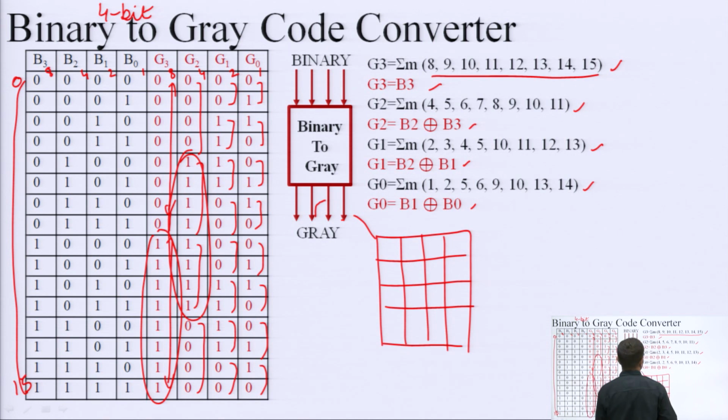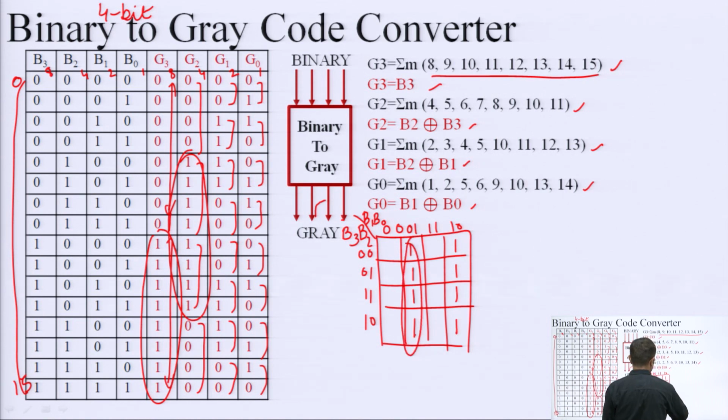So, this is for G0. The terms are B3 B2, B3 B2, B1 and B0. So, B3 B2 B1 B0 and the terms 0 0 0 1 1 1 1 0 0 0 0 1 1 1 1 0. So, 1, 2, 5. So, this is 1, 0, 1, this is 2, then 5, then this is 6, then 9, then 10, 13 and 14.